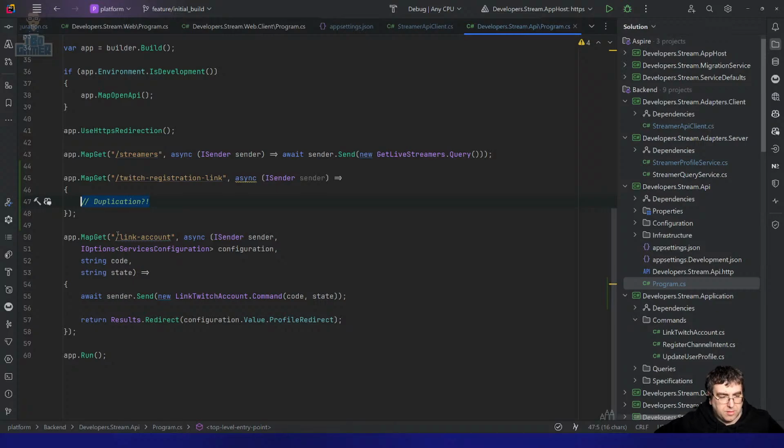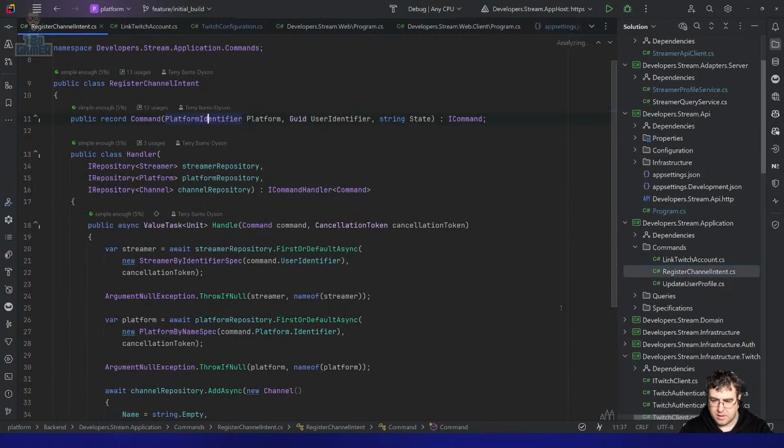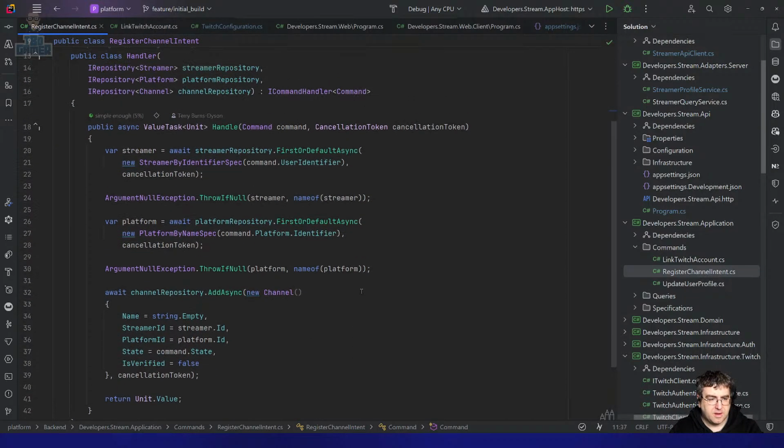Obviously, we can flip this. We can flip this a lot. But let's not get too far ahead. So what I'm thinking is, if register channel intent